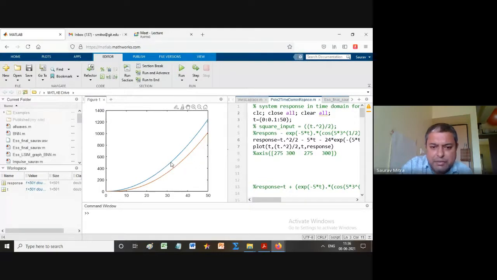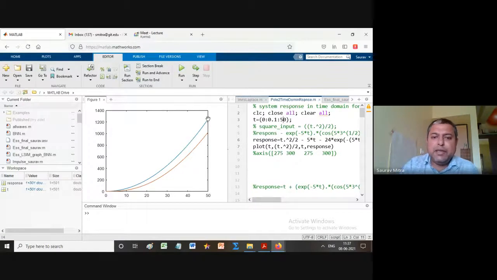So at any time you are finding this distance is actually the error at any time. We cannot call it steady state, because at steady state the error will be infinite. At any time we are finding that this distance is increasing, and you can find out that the y-axis is very steep. Okay, y-axis here 1400 may get already. Likewise, at 50, how much will be the input? So it is 50 square divided by 2. So at a kind of 1250.